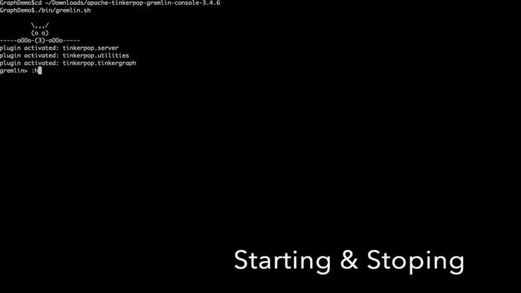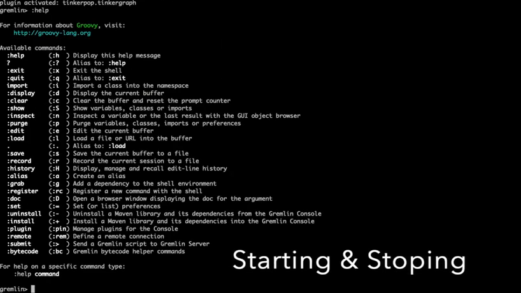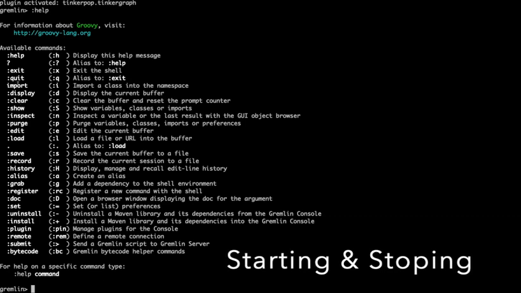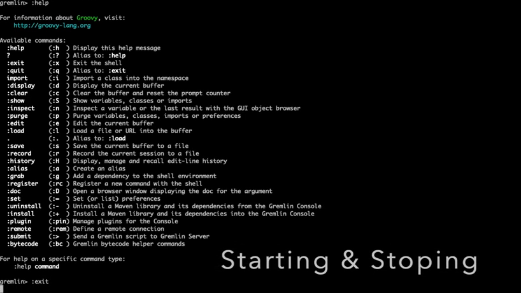So if you type help, you see the list of available commands. Here it is import display, and I'll let you know all these commands whenever needed. Okay, and to come out of this Gremlin console, you can type exit or quit, whatever it is. Okay, so let's go to